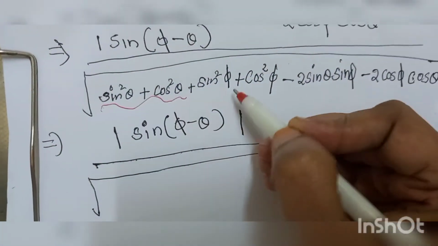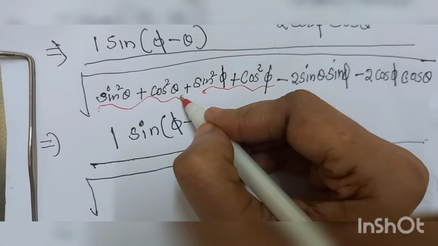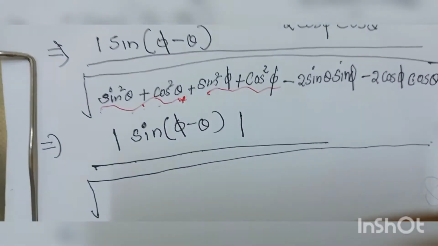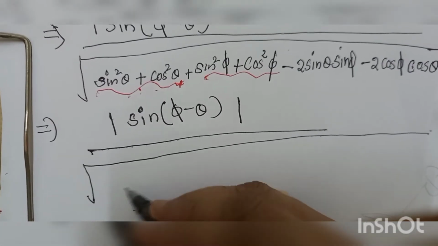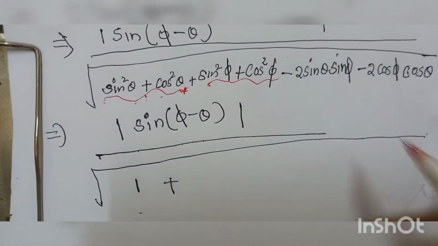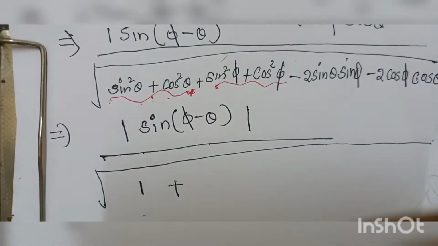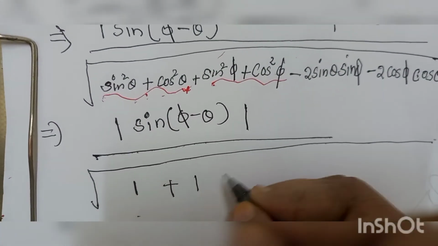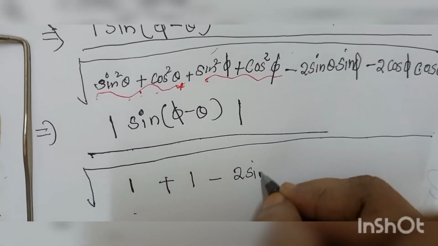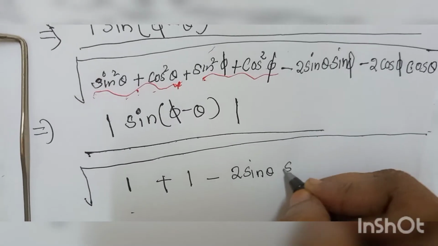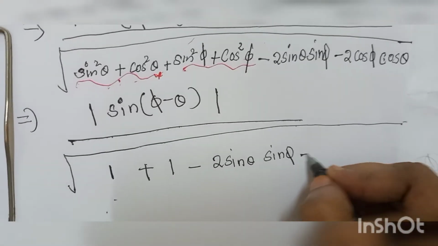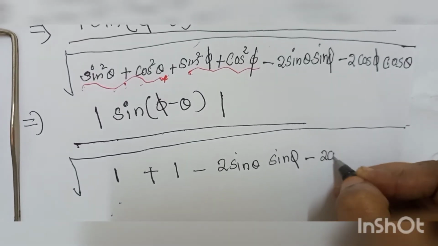Which is equal to 1 we can write. Sin square theta plus cos square theta is 1, plus what is sin square phi plus cos square phi? That is also 1, minus 2 sin theta sin phi